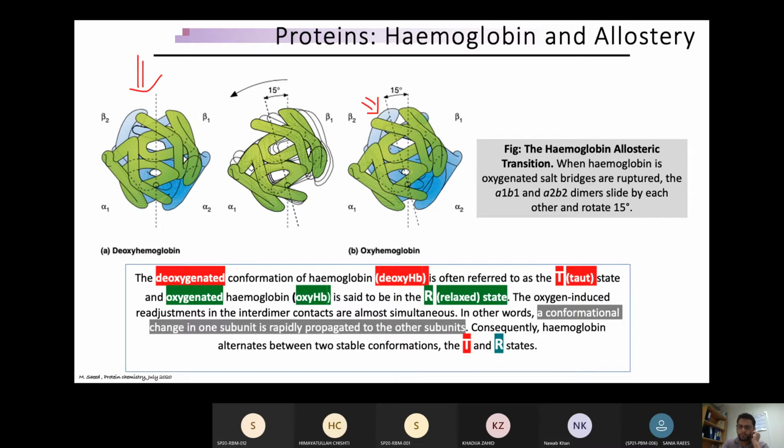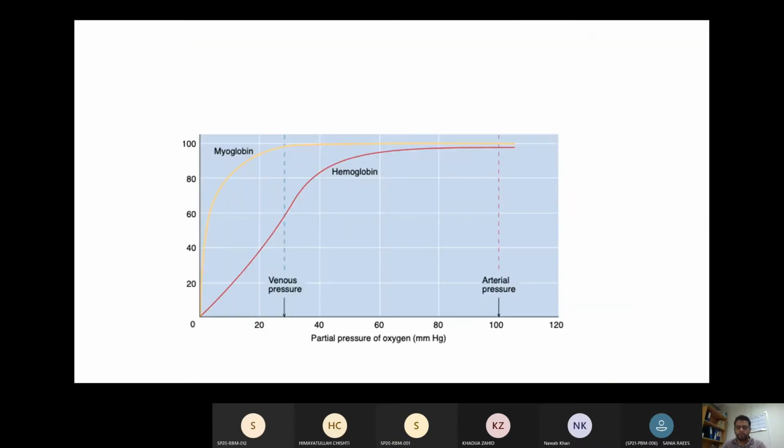This is relaxed. The deoxygenated form of hemoglobin is called T state. The oxygenated form of hemoglobin is called R state, and both are intermediate from each other. Because of this pattern of oxygen binding, hemoglobin and myoglobin both have different oxygenation curves. If you draw an oxygenation curve, I will come to you in tomorrow's lecture and we will discuss it in detail. Today, if I show it, you will see myoglobin has a hyperbolic oxygenation curve. This is the hyperbolic oxygenation curve, which shows that.